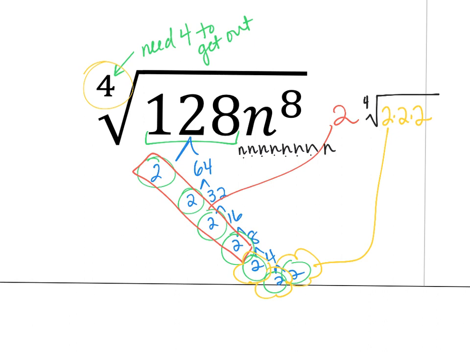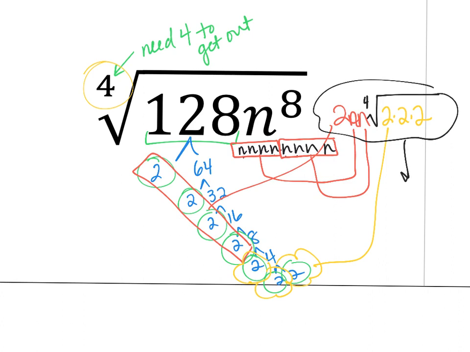And so if we're trying to find the 4th root of that, again, we just need 4. So it's kind of like dividing by 4, if that's a little bit more helpful. So if you have 8 n's and you divide by 4, that means you're going to have 2 sets. And since there's 2 sets, you're going to pull out an n for one of those sets, and then another n for the other set. So our final answer here, this will become